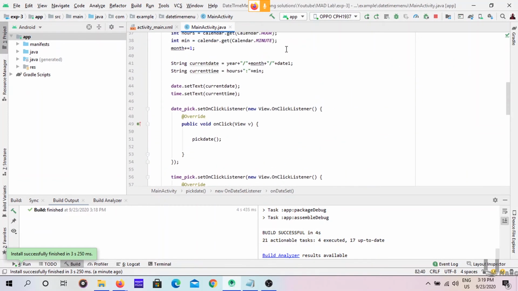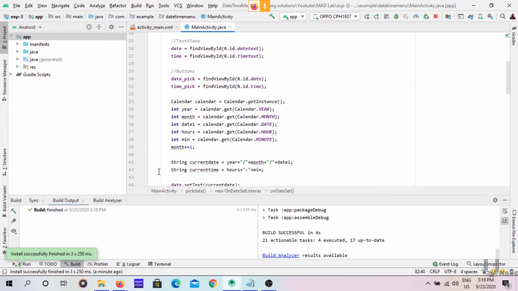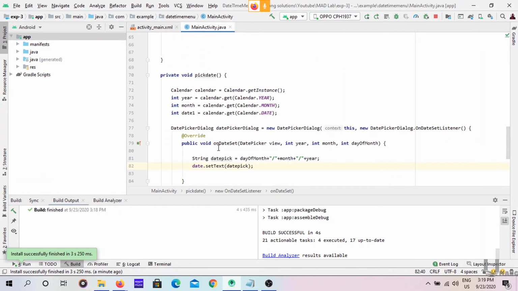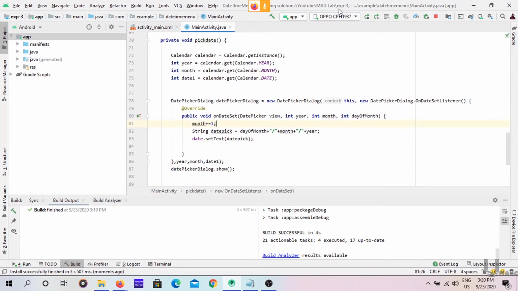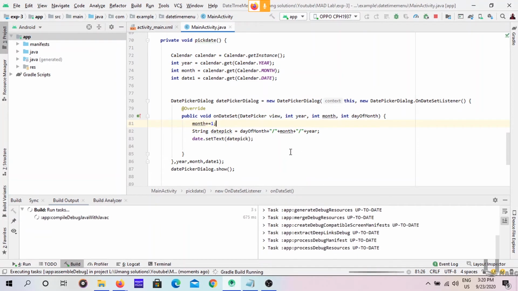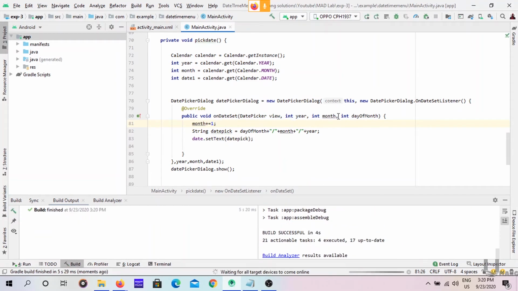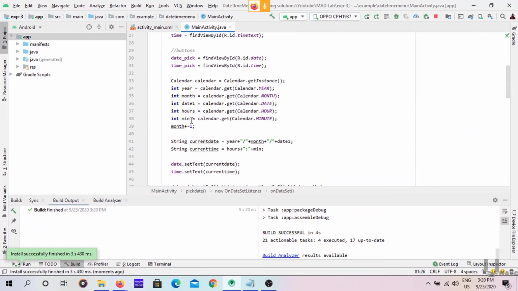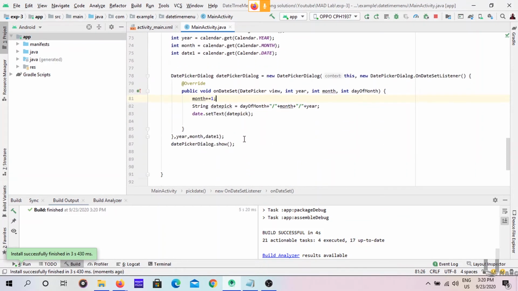I incremented the month variable here, but I didn't increment this month. From here we are getting the month, so we have to increment this month. This month is different, this month is different, and this month is different, because these three variables are in different methods. Okay, they are not public.